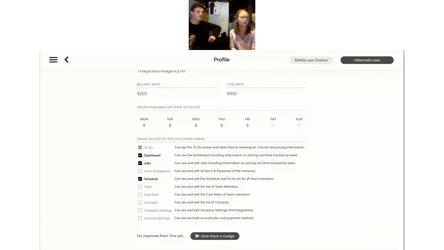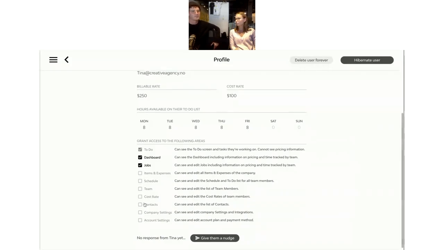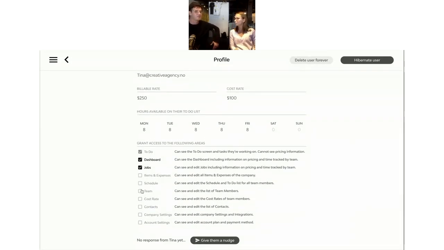Cool. And who else? Managing directors, the big bosses. What do they need to see? So people who are in charge of running the business and are interested in mainly the numbers that are coming through. I mean, let's be real. They'll probably have access to most areas here when it comes to the setup and just being able to access all areas of Streamtime,